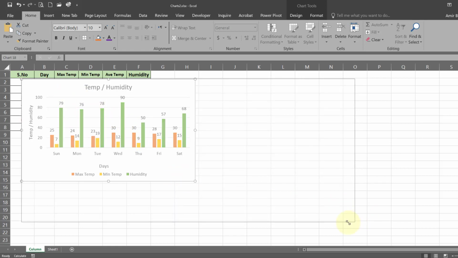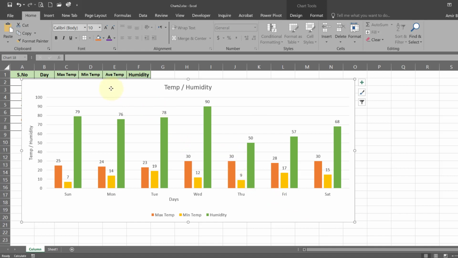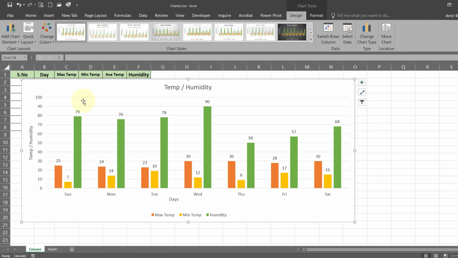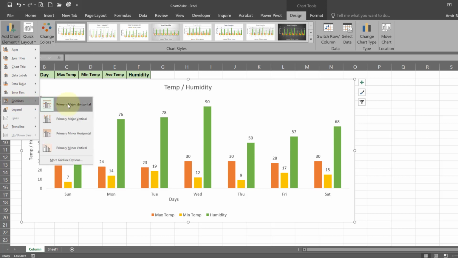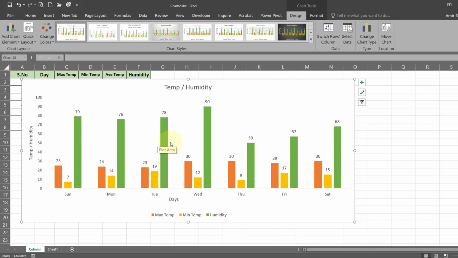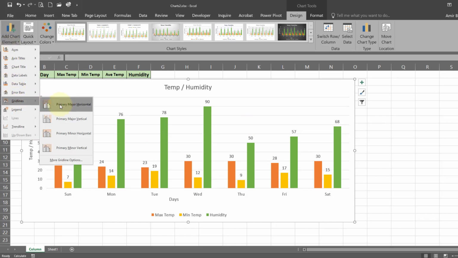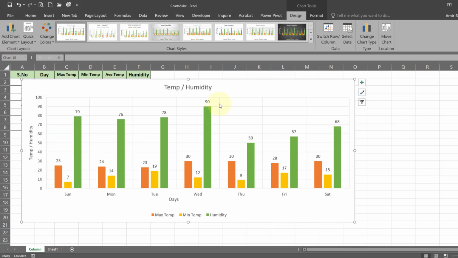First we will just try to change the size of this. Now as you know that all the options for the formatting are here under the design tab. Here we have grid lines. We can see this one is selected. So if we click this, we will see there are no grid lines. So first we select that one, then we select this one. So now we have the horizontal and vertical grid lines.